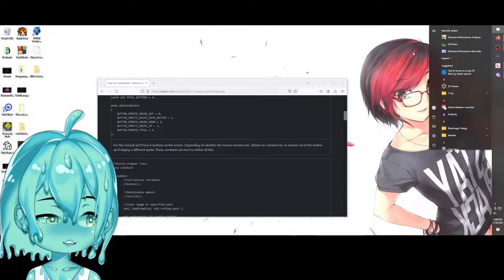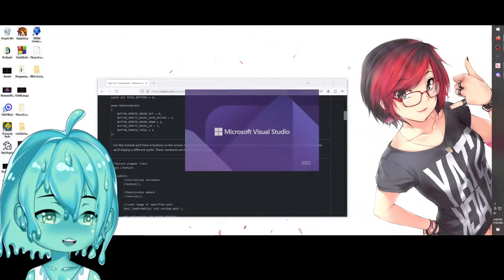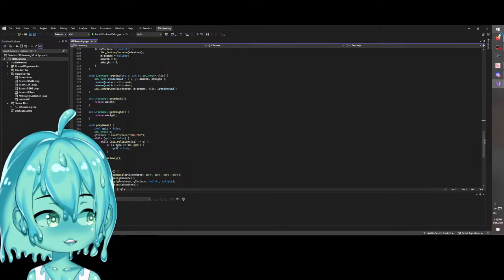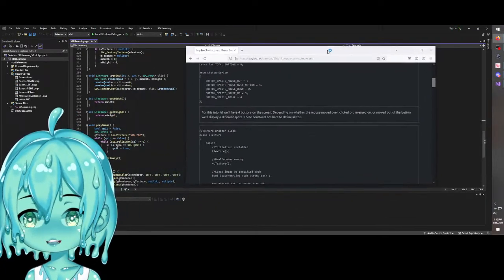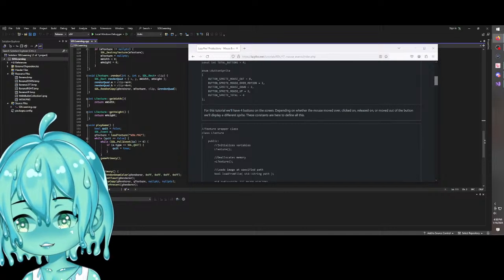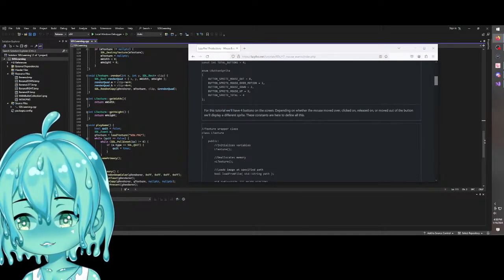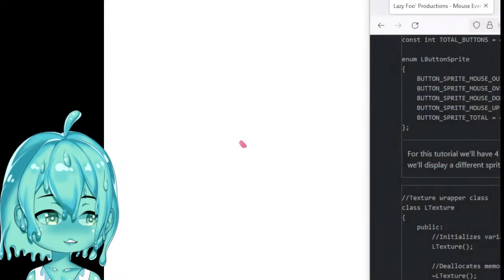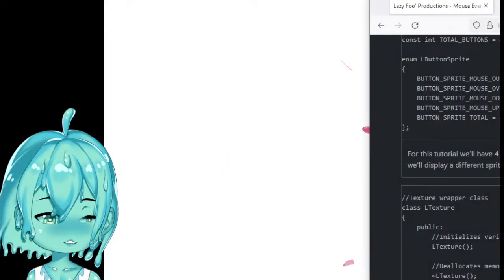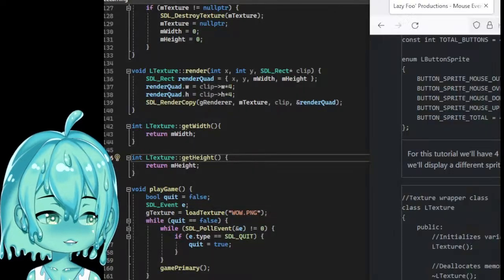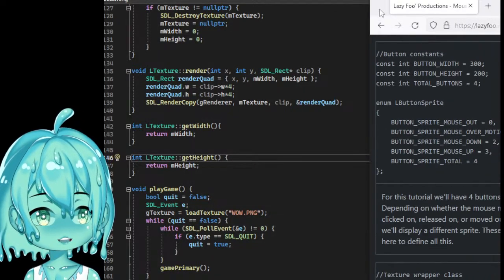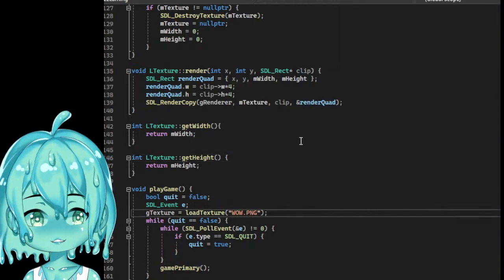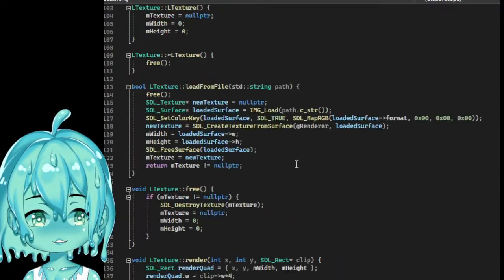Now, I did mess around with Visual Studio last night, kind of played around with it and updated a few things. The biggest overhaul that you guys didn't see was that we messed around with textures specifically. So the texture function, let me explain to you kind of what's going on here. Okay, hold on. Oh God, hold on. I clicked the wrong button. Okay, this needs bloop, and then right there. Okay, so the texture function is